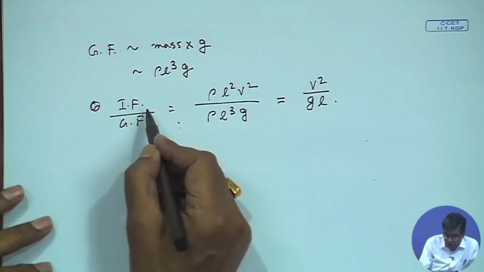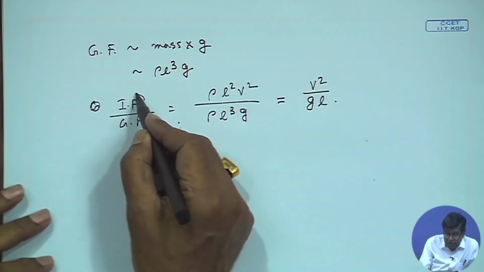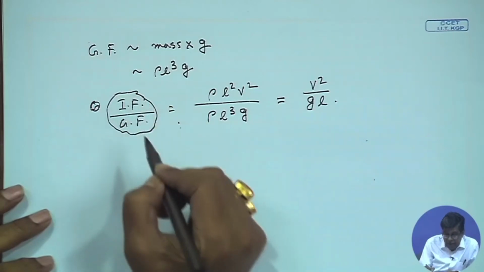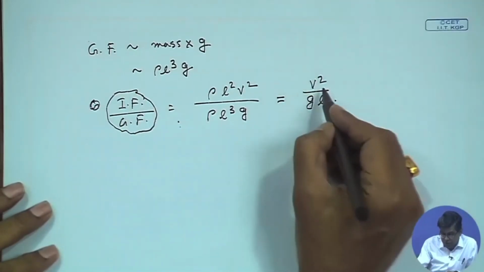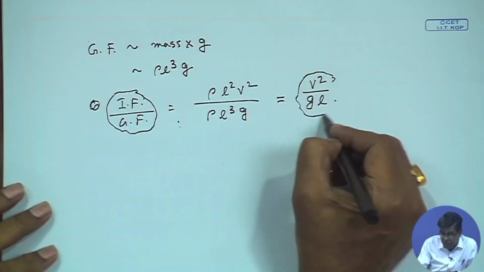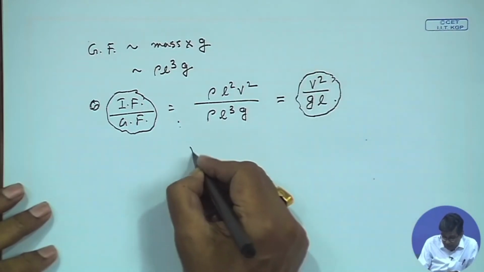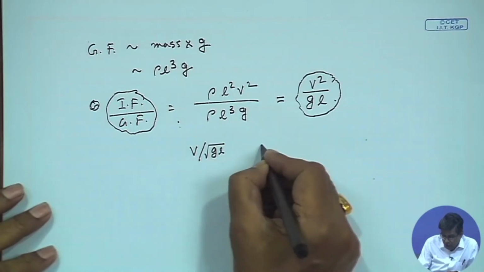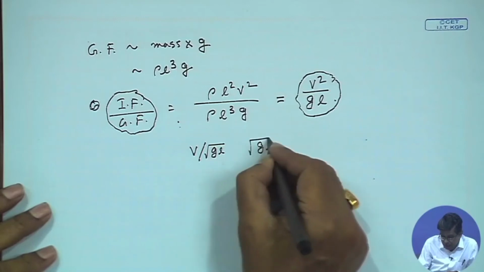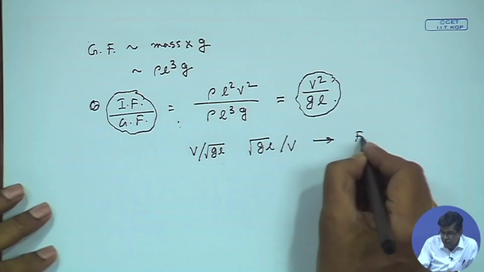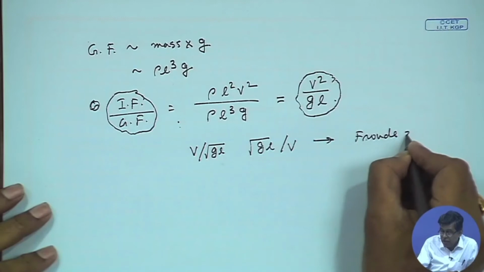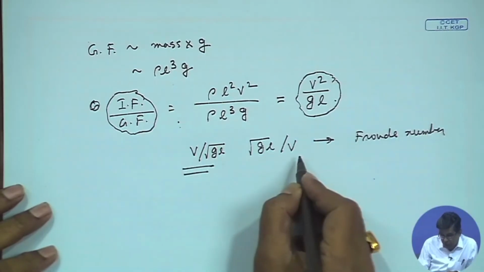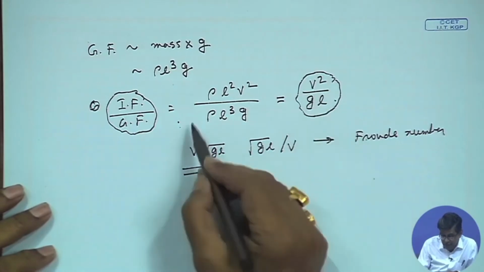And therefore, for problems governed by inertia force and gravity force, their ratio has to be the same at all corresponding points between the two systems, so V square by g L has to be kept constant. And the square root of this, V by root over g L, or sometimes root over g L by V, is known as the Froude number. There is no such convention. Sometimes this is defined, sometimes the reciprocal of this is also defined as the Froude number.